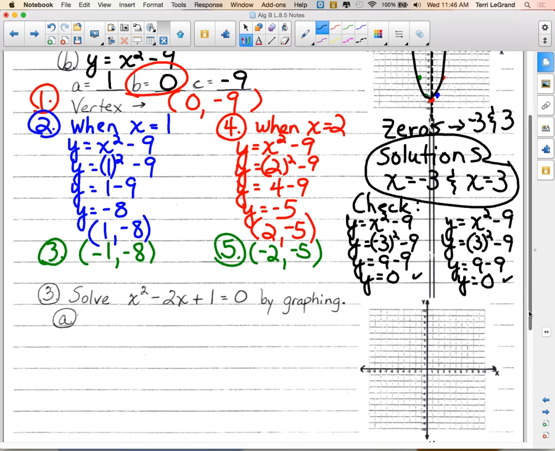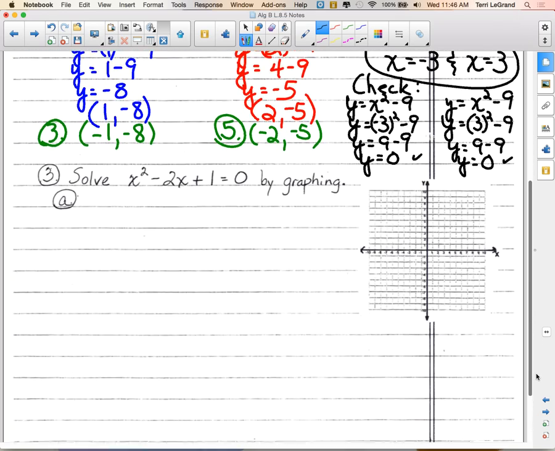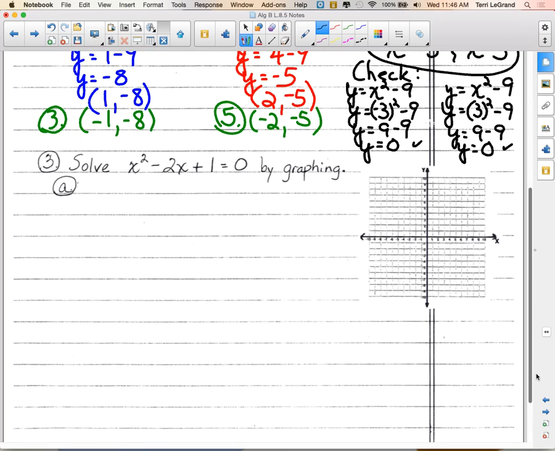Okay, so let's try one more. Solve x squared minus 2x plus 1 equals 0. Do we need to do step A? No. So it's already set equal to 0, so we can move right to step B, which says,